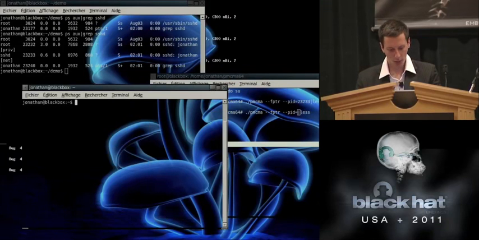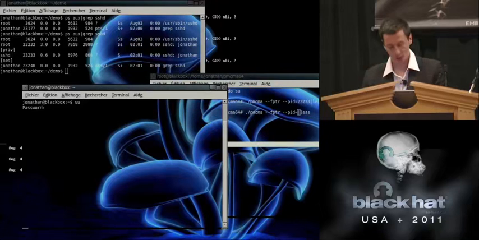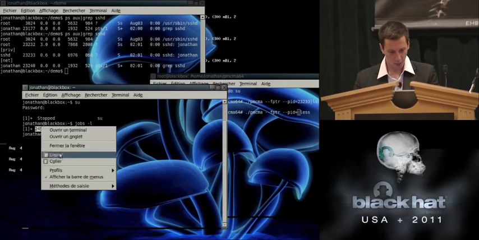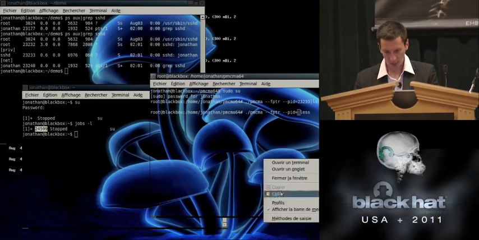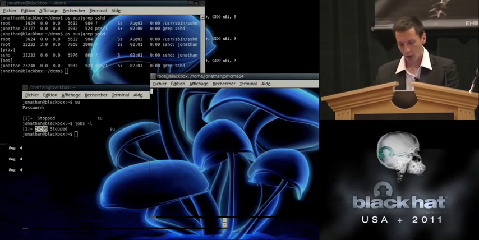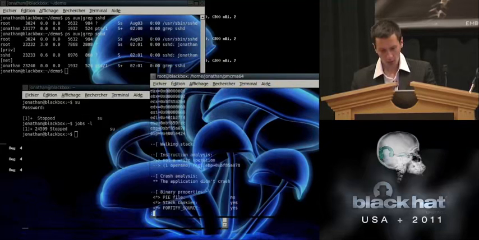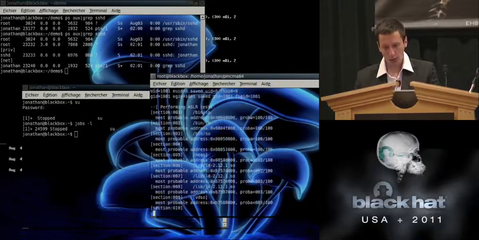So su, and instead of entering my password, I just stop the application. Here is a process ID. Okay, so if we look at the randomization properties,